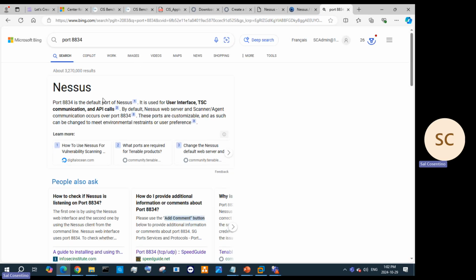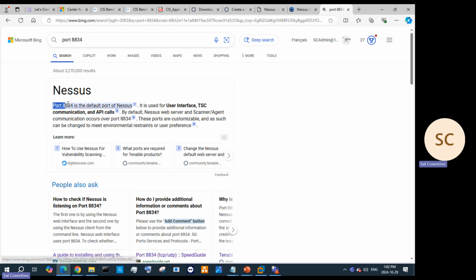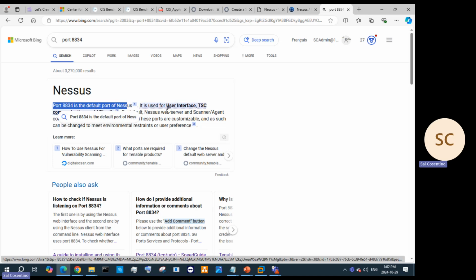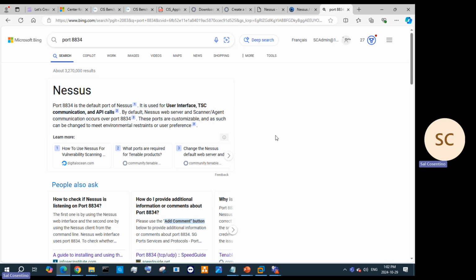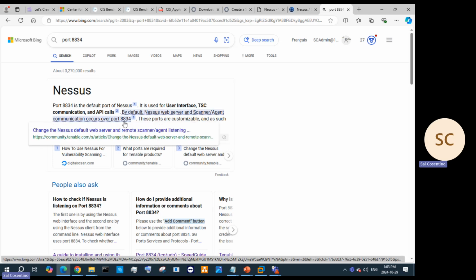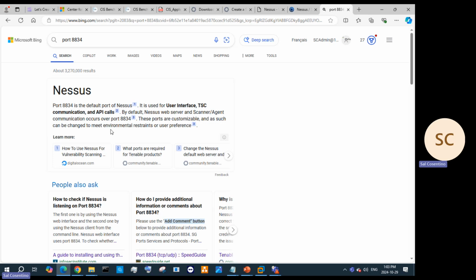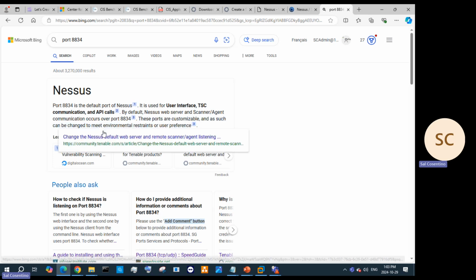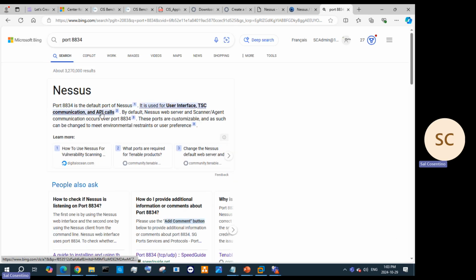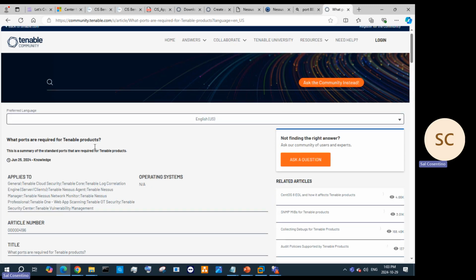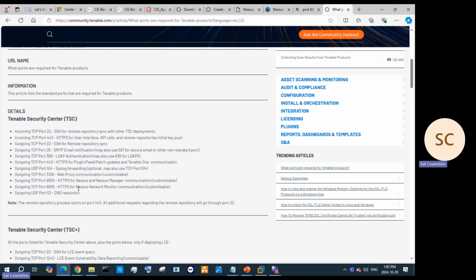So this is a default port, 8834, that Nessus uses. It's used for the user interface and TSC communication, right? An API call. By default, the Nessus web server and agent communication occurs over port 8834. These ports are customizable and can be changed to meet your user preference if you'd like. Okay. So understand what this is and what this does and why it's there. This is a good read for that. What ports are required and why they're required